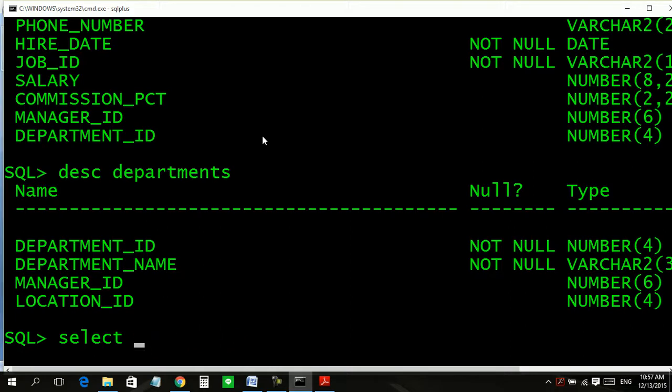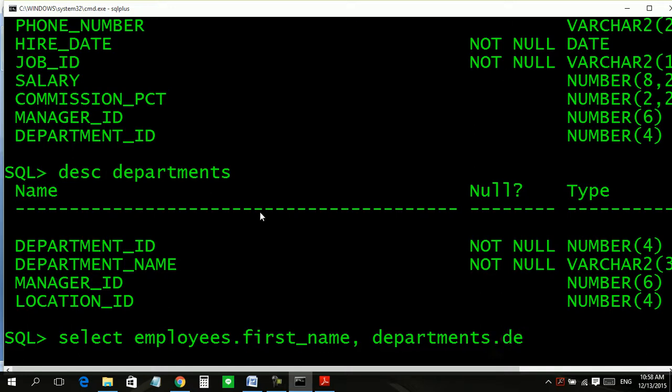You need the table name and column name: table name dot column name. Employees dot first name, comma, departments dot department name.